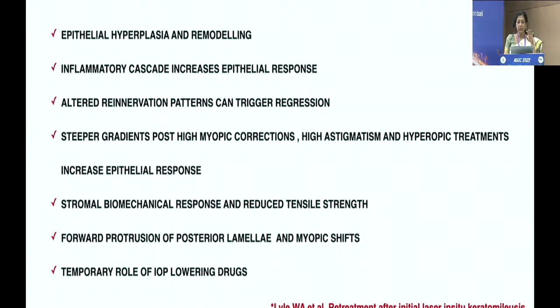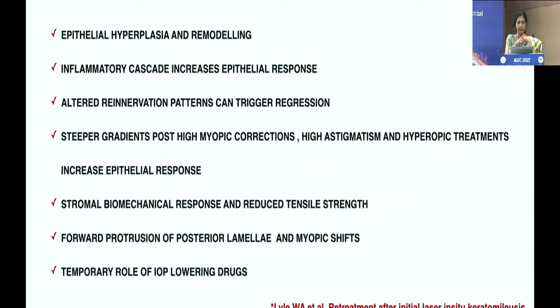shifts. The other aspects to be looked at in regression is the amount of epithelial hyperplasia and the remodeling that has occurred. The inflammatory cascade itself is known to trigger greater epithelial response. The altered reinnervation which occurs in these dry eye states can trigger regression. And the steeper gradients which are getting created by the high myopic corrections, high astigmatism, and hyperopic corrections are known